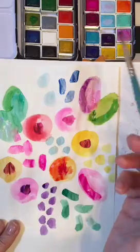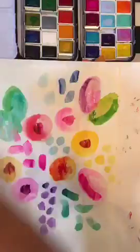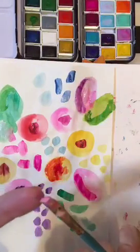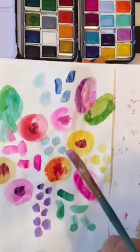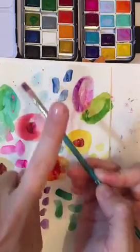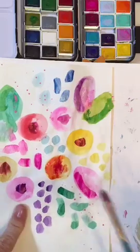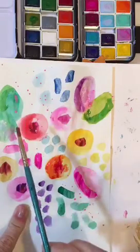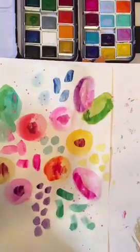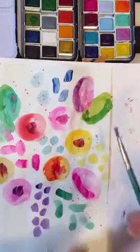Now I'm going to take, let's do pink. I don't even know why I look at other colors. Pink is kind of my go-to. Okay, so I put lots of water, lots of color. It's not focusing. And then all I do is tap the top of the brush to do a couple little splatters. I like that the splatters go into the wet watercolor that's already there and it kind of bleeds into it. And then I would pick another color, not too dark,